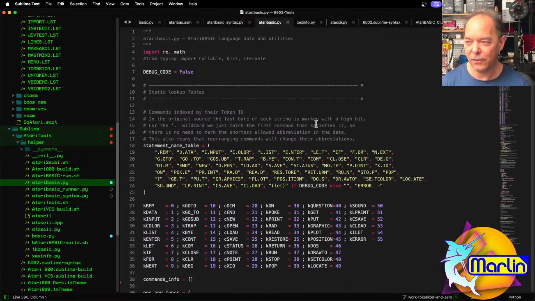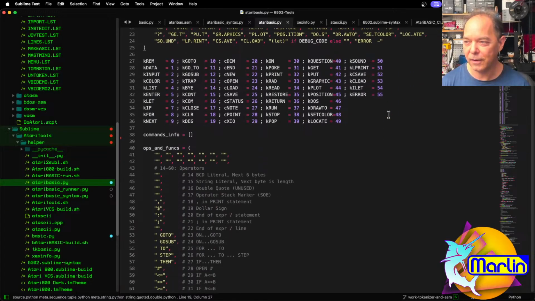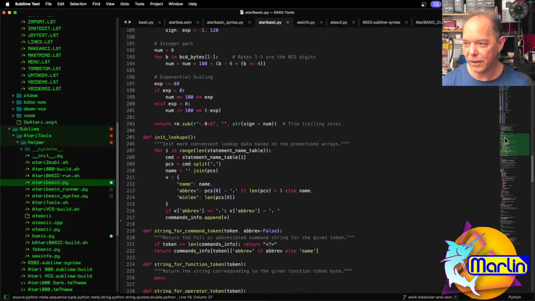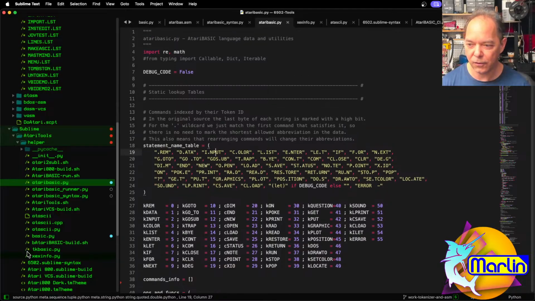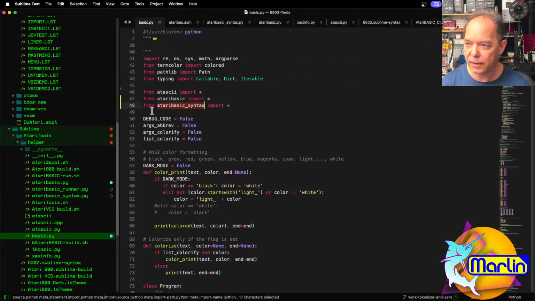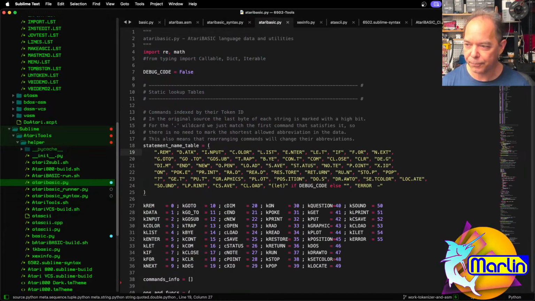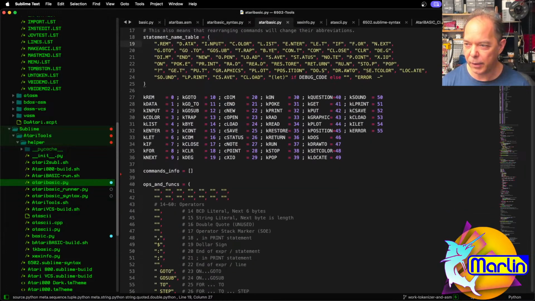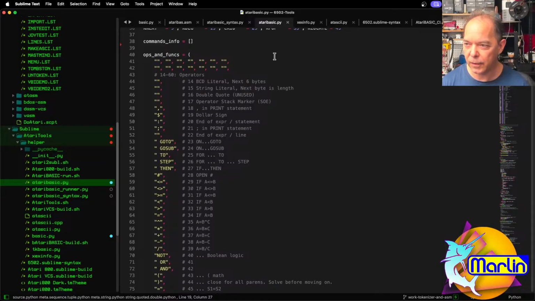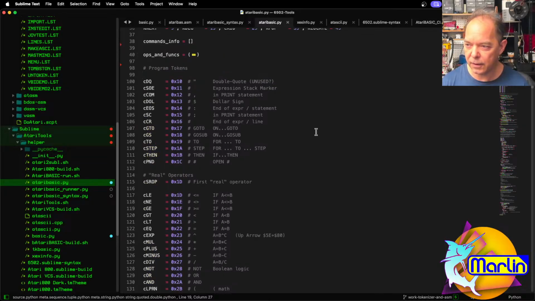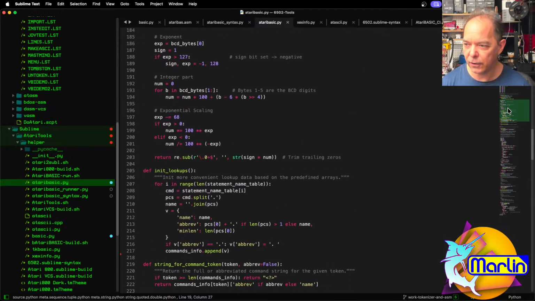So then I also have this Atari BASIC, this is the actual Atari BASIC stuff here. So the commands have their token IDs and so on. So I think I do include that. Yeah, I include that into the namespace. So, the statement table. And I think the way I ended up traversing the statement table,